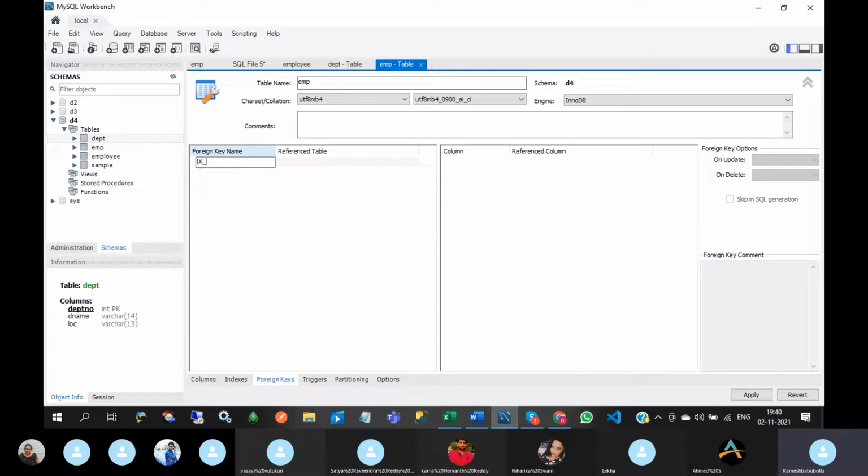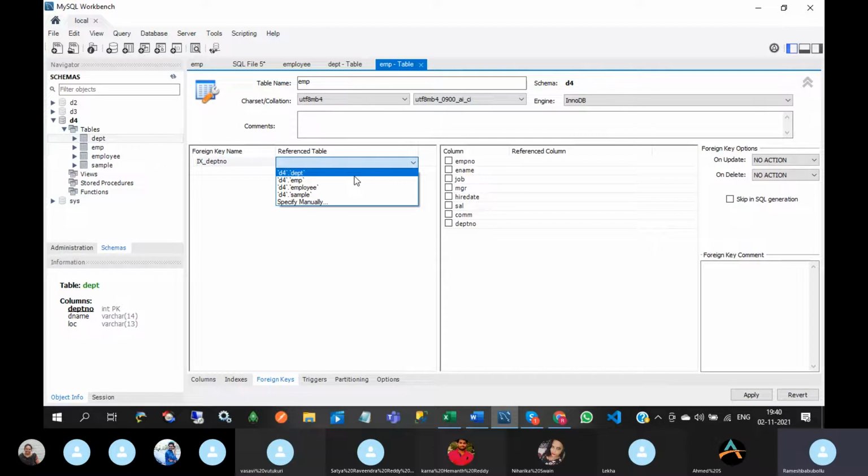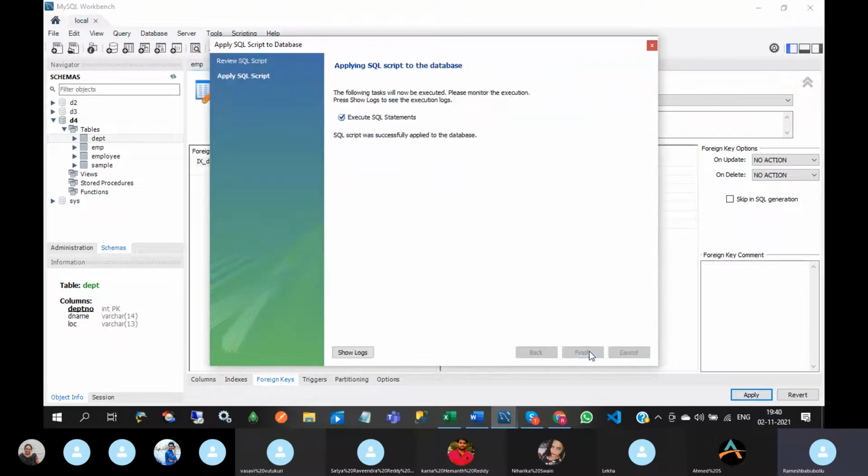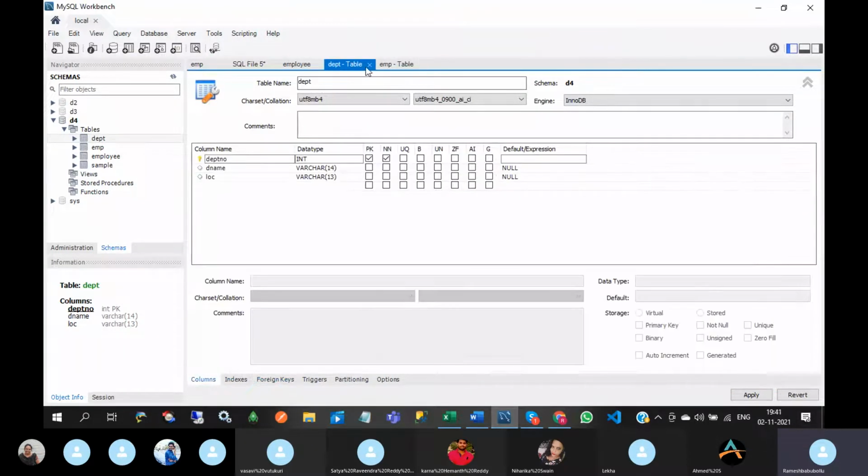Reference table, department number. Yeah, see this.